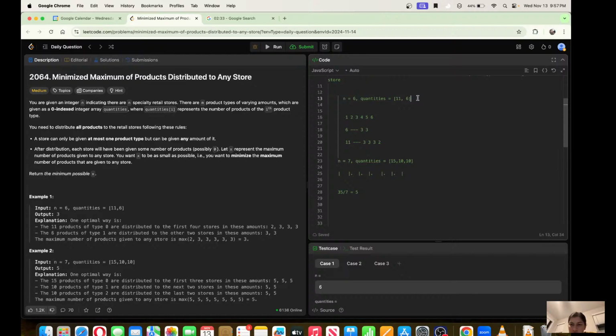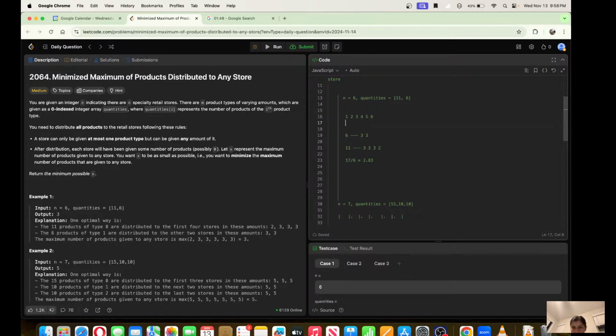Here also there are 17 quantities, right? And 17 divided by 6 is, 6 3 is 18, 6 2 is 12, 6 4 is 24, 6 5 is 30, 6 6 is 36, 6 7 is 42, 6 8 is 48, something like that, you know. And 20, 6 2 is 12, 6 3 is 18, something like this. So we know that it is 2.83, means if we divide 2.83, 2.83, 2.83,